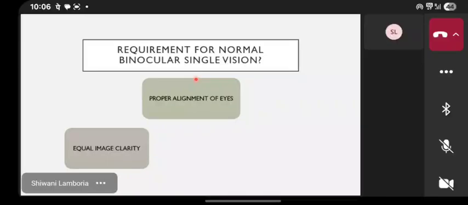Abnormal retinal correspondence is when the fovea does not correspond to the fovea but to an extrafoveal point. So that is also abnormal retinal correspondence. Each point on the retina has its fellow partner in the other eye, which is the developed correspondence. So that means if A corresponds to A in that image, and B corresponds to B, and fovea corresponds to B, but A does not correspond to B. So the nasal corresponds to the temporal part, the temporal part corresponds to the nasal part, and the fovea corresponds to